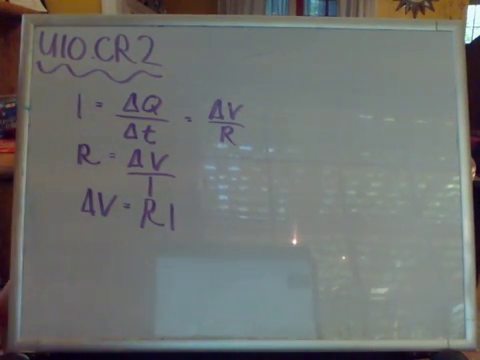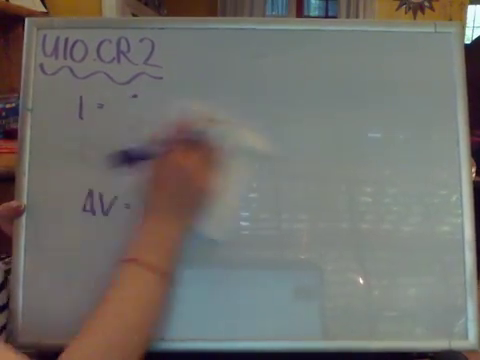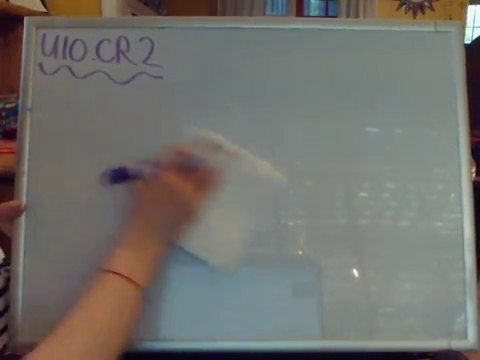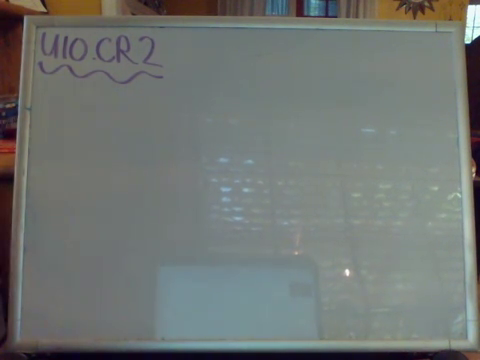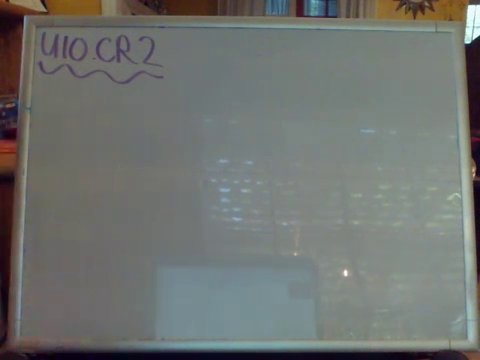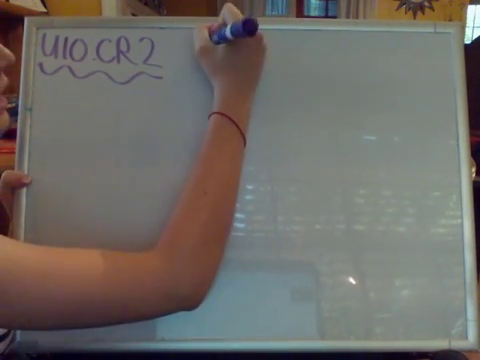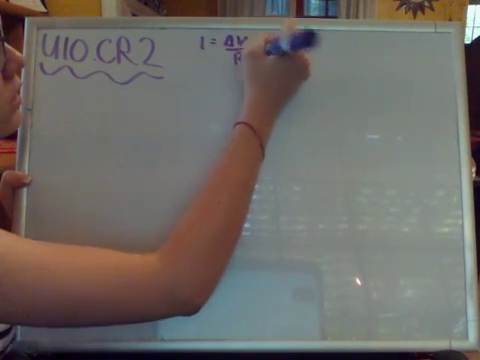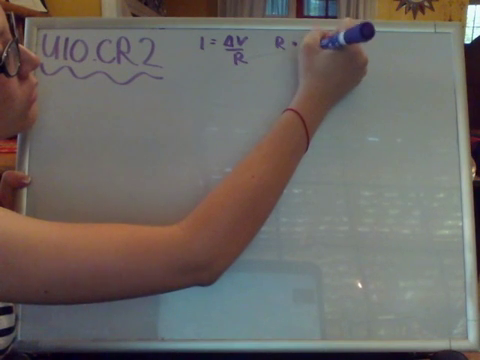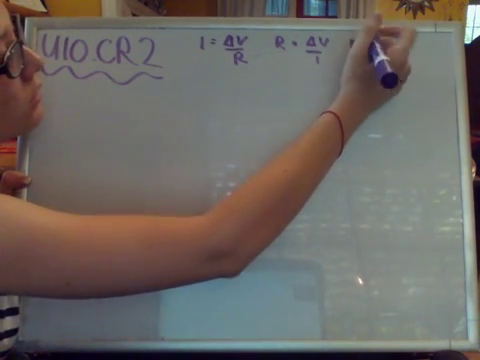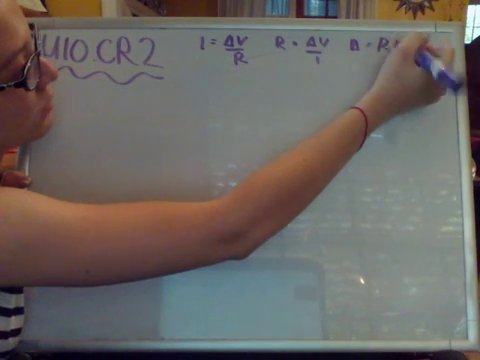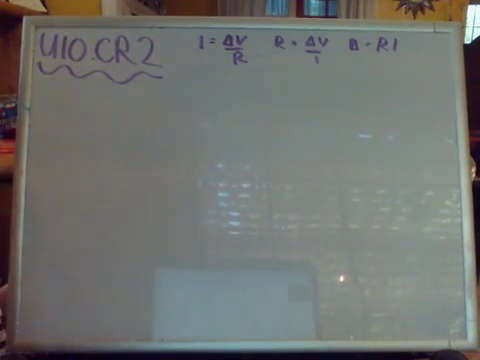So now we're going to do some problem examples so that you can see how each of them relates to each other. First of all, we're going to start off with some easy questions. I'm going to write the equations up here: I equals delta V over R, R equals delta V over I, and delta V equals R times I. Okay, so now the problem says, how much current would a 10.2 ohm toaster oven draw when connected to a